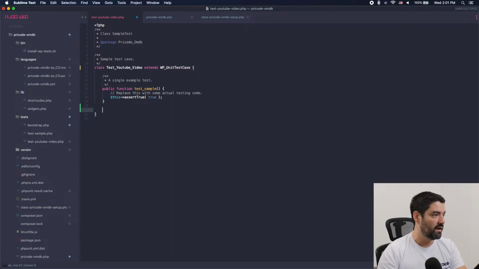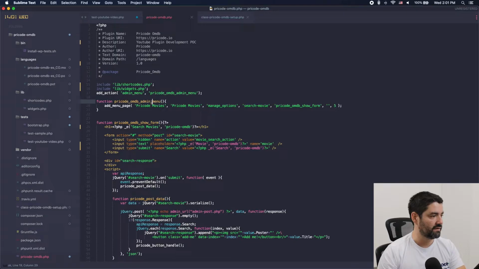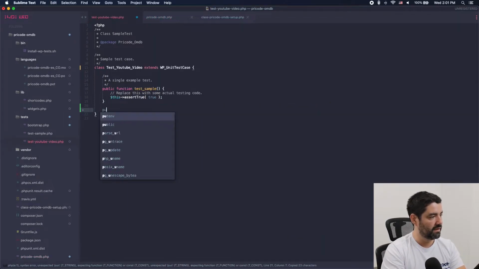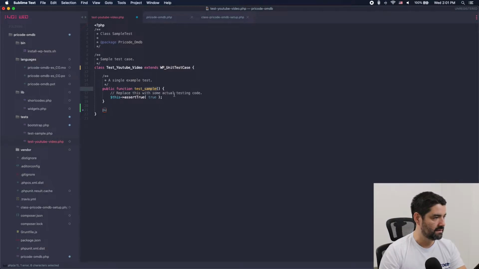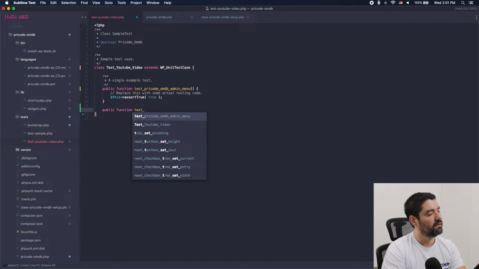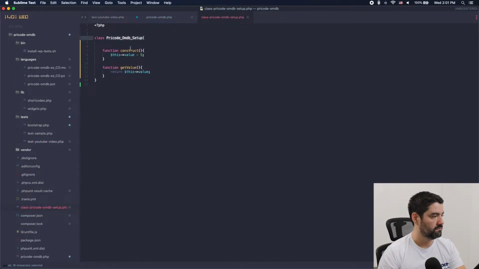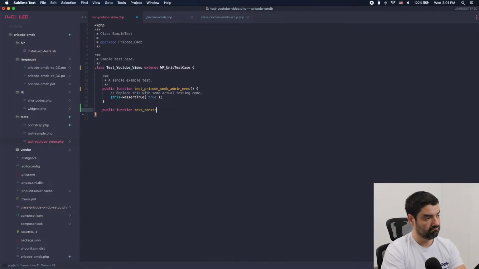So if I want to test this class, I will have to create something like a public function test, I don't know, construct. This is just an example. I am not going to run this test, but I just wanted to show you how it could be. And it could be something like setup